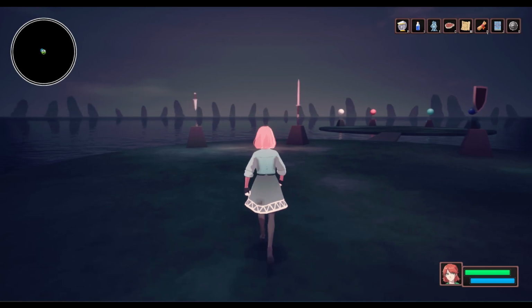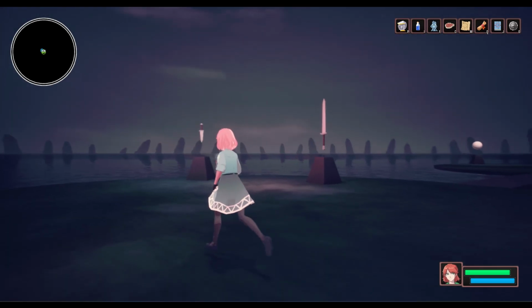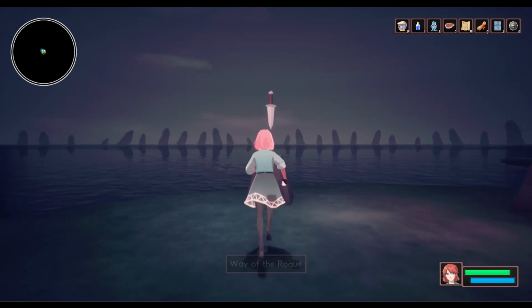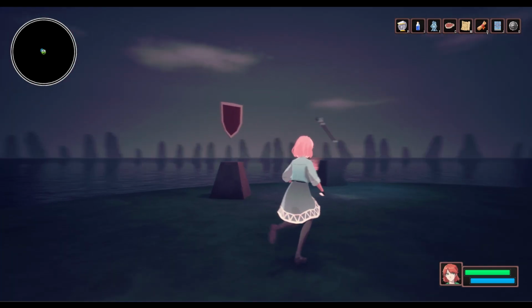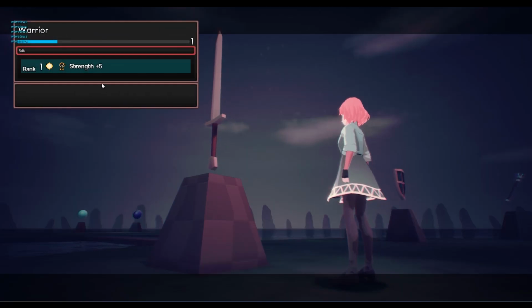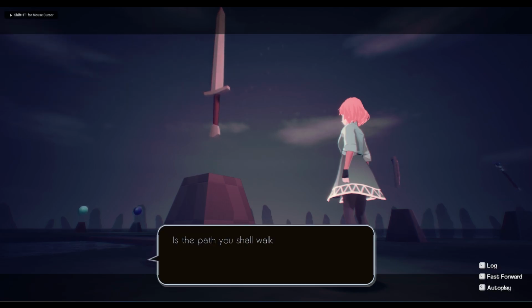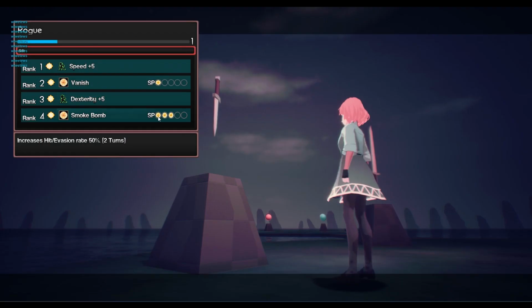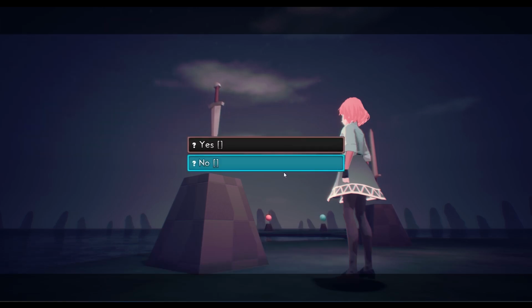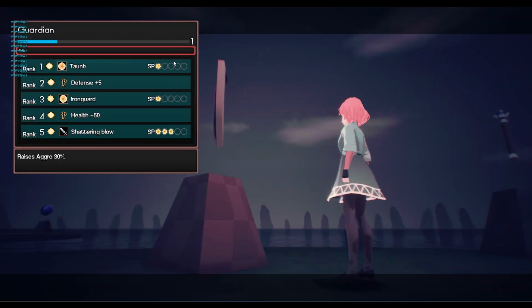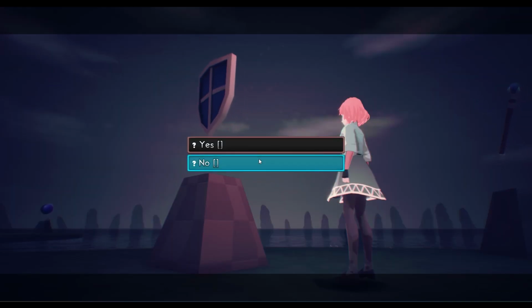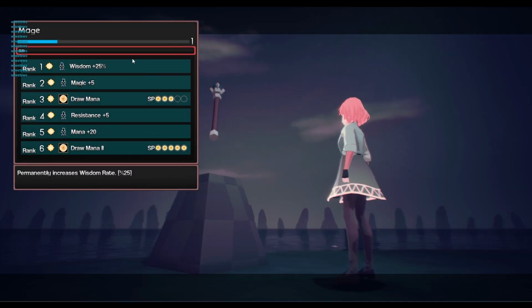So this is kind of right at the start of the game here, and you have an option between these 4 pedestals, and these are tied into the role system. These are the 4 roles in addition to your primary role that you can have. So we have a warrior, which is still work in progress, but is the damage dealer. We have a rogue, which is what you saw with Leo, which has speed buffs and stuff for reducing aggro. Guardian here, same one as Matilda, a bunch of defensive and taunting abilities. And then we have mage, which is mostly passive abilities that boost your magical output. Because remember, magic in this game is not gained through character abilities; it's gained through grimoires and learning magic with